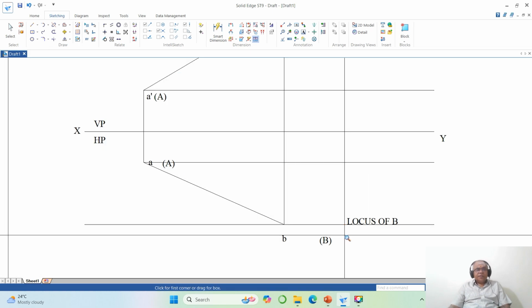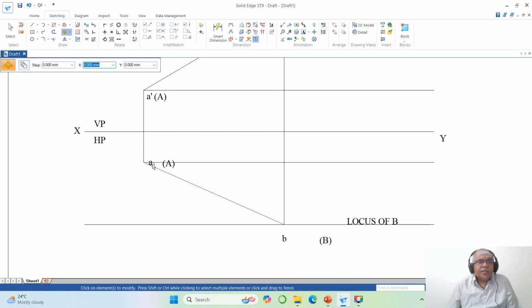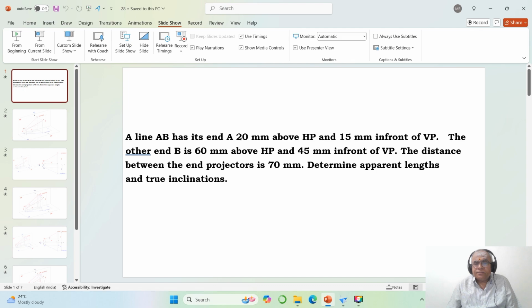Okay. Then I will move this also. Come down to this, move, select this A, and you take this capital A, you take this B, and you take this locus of B for the time being. Then we will see what best we can do. Then you go to fit. Now since it is different,